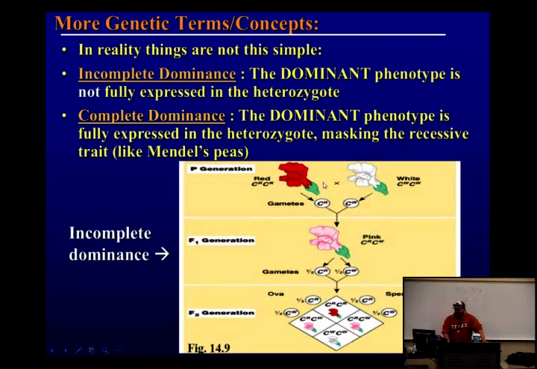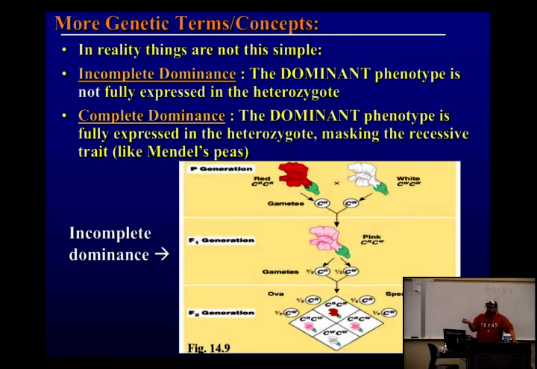So snapdragons are an example of that, where there really is a white pigment. So this is red, this one's white. When they make heterozygous, it's mixing the two colors together because they're both pigments. And what do you get? Pink. So this changes the expected phenotypic ratio. If it was a complete dominance, then you would expect it to be what?